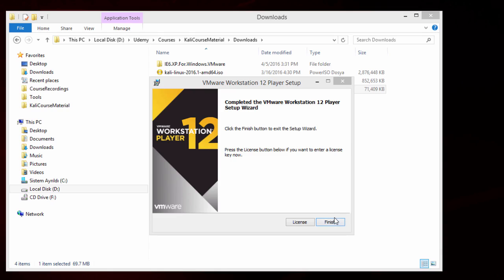I can simply click finish to complete this process, but keep in mind, if there's a problem during the setup